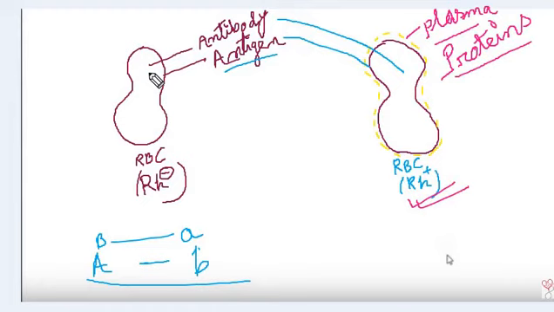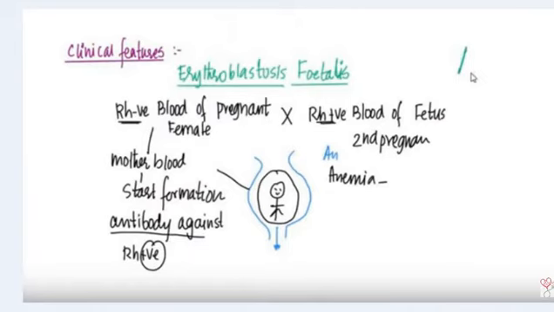So this blood can be said to be Rh negative. The term Rh negative means absence of plasma protein coat or membrane. Now here, if the mother's blood is Rh negative, that means the plasma protein coat is absent. If the blood of the pregnant female is Rh negative and the blood group of the fetus, that is the baby, is Rh positive, that means an extra plasma protein membrane is present in the blood cell.